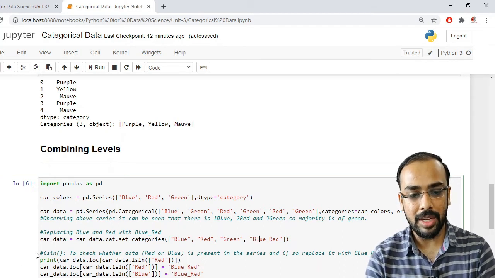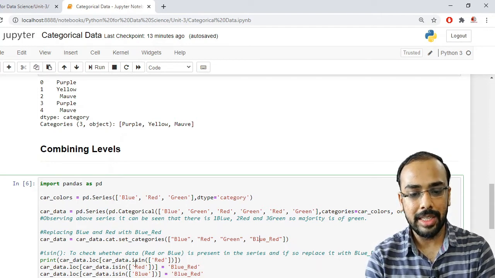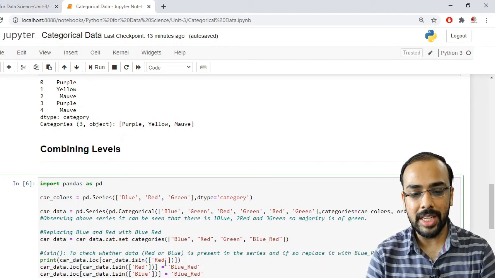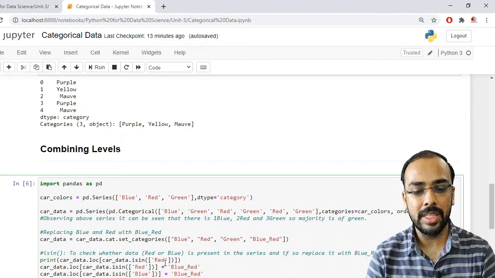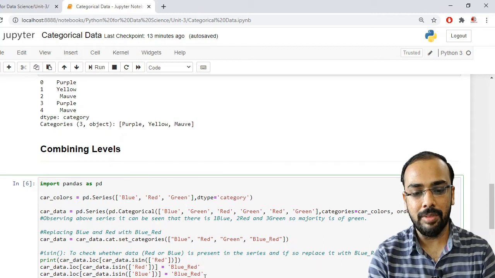Here we are using car underscore data. So car underscore data dot isin red. It will check whether it is present. If it is present, then it will return the value true, else it will return false. So if it is true, then I want to replace it with the color named blue underscore red.